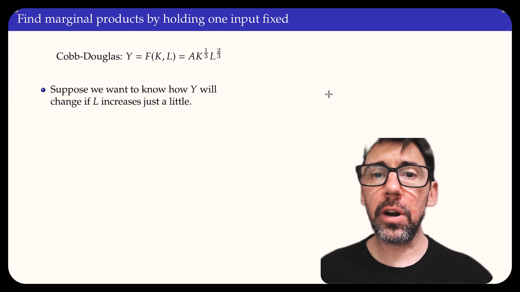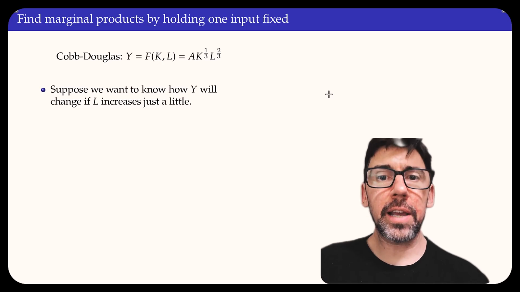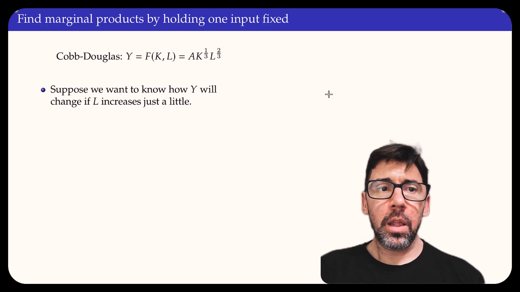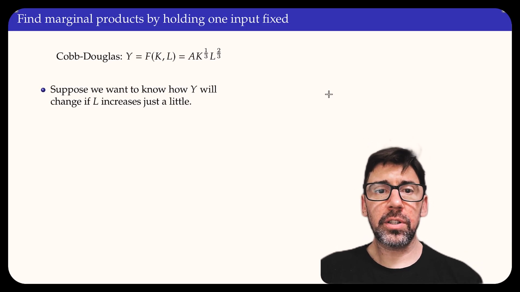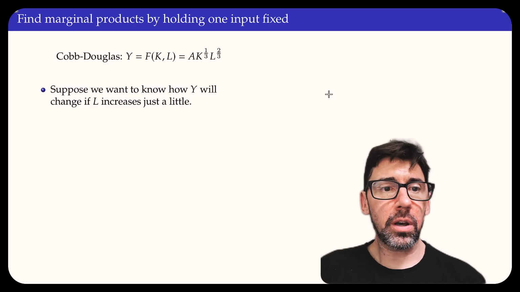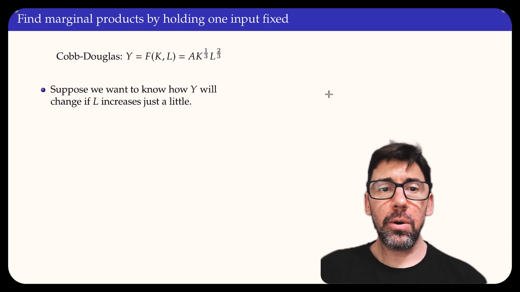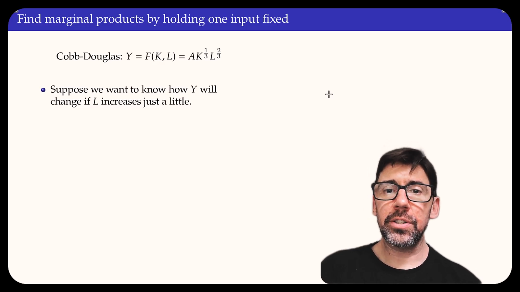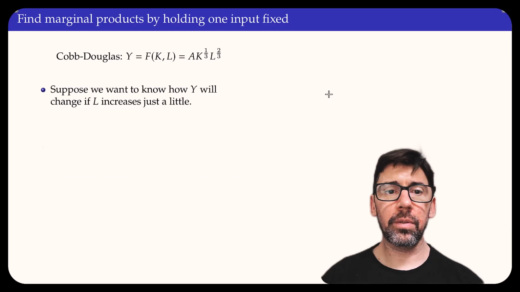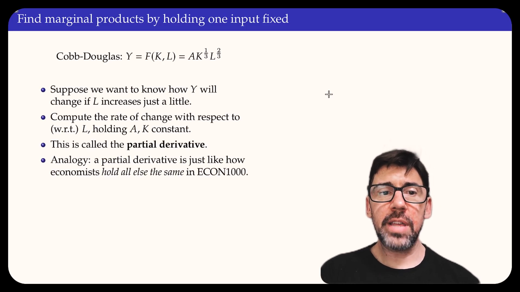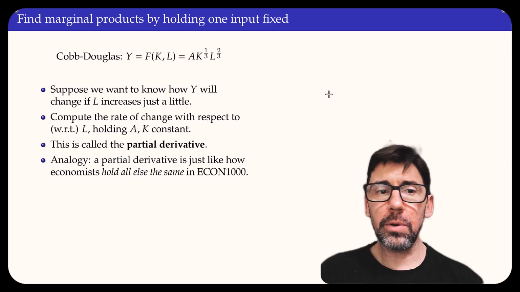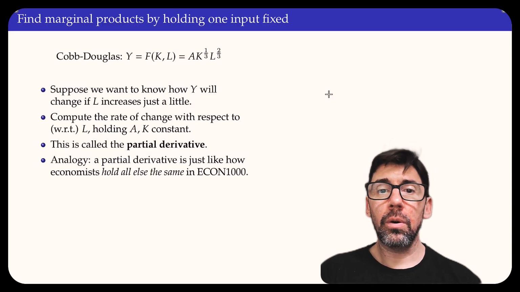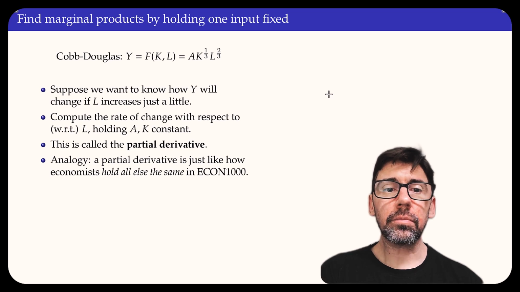Let's keep going with our analysis of multivariate functions. Suppose we have a Cobb-Douglas function, much like the one we saw in the previous slide, and we want to know how y will change if hours worked changes just a little. Well, we can do that by computing the rate of change with respect to labor, holding A and K